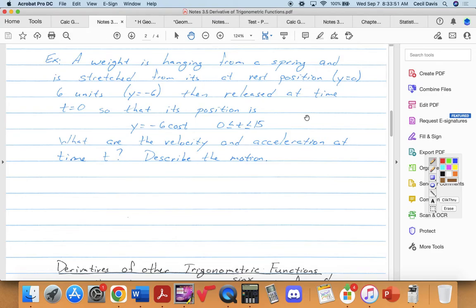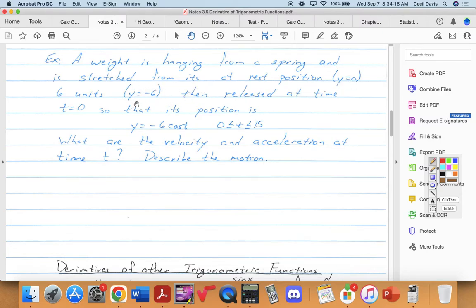Okay, so again, this is an example from physics. You probably have done one like this. Have you done something with a hanging weight on a spring where it oscillates back and forth at some point? Probably, but you've slept since then? Yeah. Okay. So we have a weight hanging from a spring, and it's stretched from its at-rest position, y equals